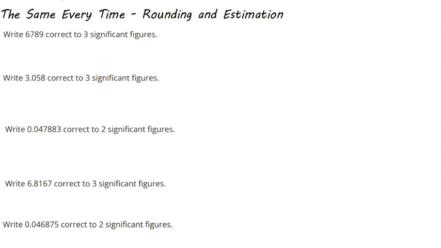The same every time. IGCSE Maths, GCSE Maths, looking at the kind of questions that apart from the numbers are the same every time. You can learn how to do them, get yourself into the marks, get yourself into the grades. In this video, we're looking at rounding and estimation. I've got 5 questions here about rounding to significant figures. Well, I'm starting with significant figures rather than decimal places because significant figures seems to be the rounding that people find the most difficult. So let's look at the first one,